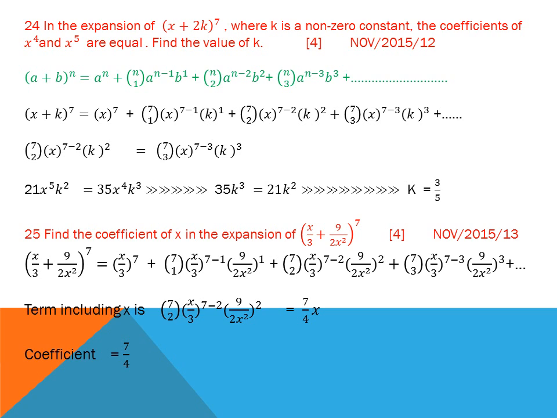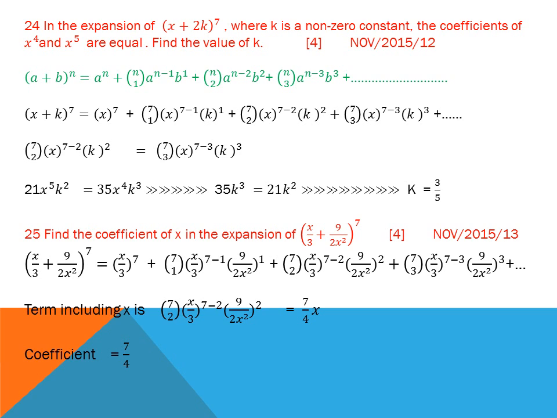Find the coefficient of x in the expansion of this. It means the term independent of x is mostly repeated and the term including x is mostly repeated. X over 3 plus 9 over x square, whole power 7, I applied the formula here. X over 3 power 7, we need the term including x here. In the first term x power 7, in the second term x power 6 and 1 over x square. In the third term 7c2 x power 5 and 9 over 2 x power 4. It means we need term number 3 here only. No need to expand till term number 4. I only expand for your easiness.